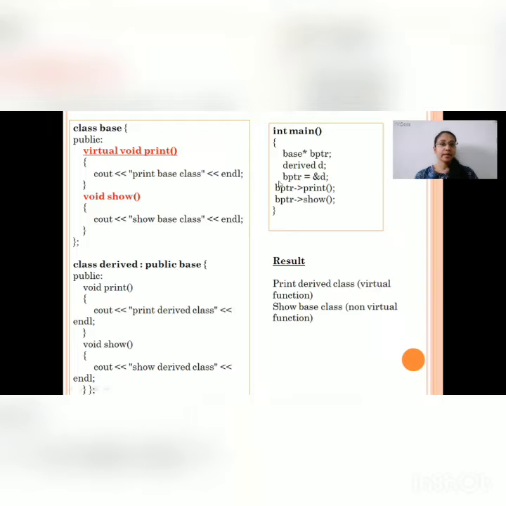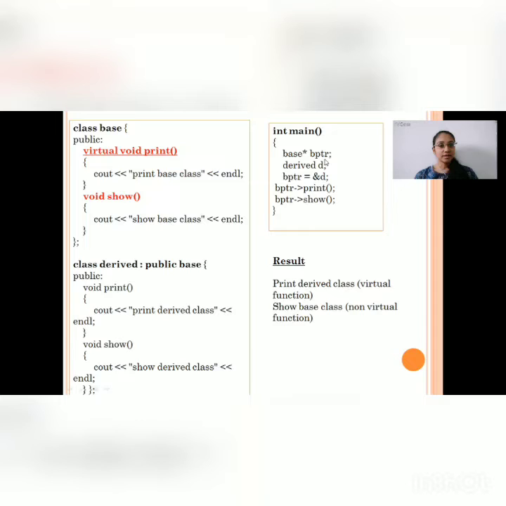and in main method pointer of a base class is created, and this pointer is reference to the object of a derived class. Object of derived class is D, and the pointer of base class is this.